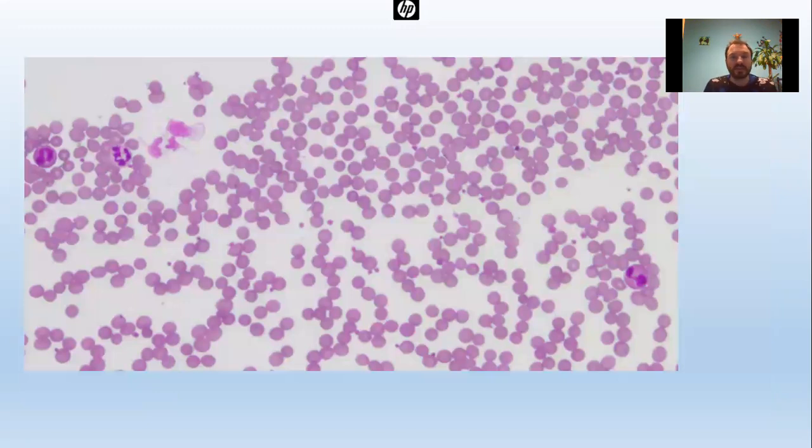Now, one of the practicals that we do in A-level biology is producing what's called a blood smear, where you can take a sample of your own blood and spread it across a microscope slide. And we can do this actually in our own laboratory at New College, in the science labs. With the microscopes that we have available, you can get an image that looks very similar to this actually, where